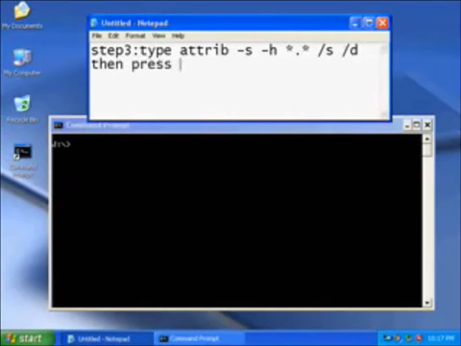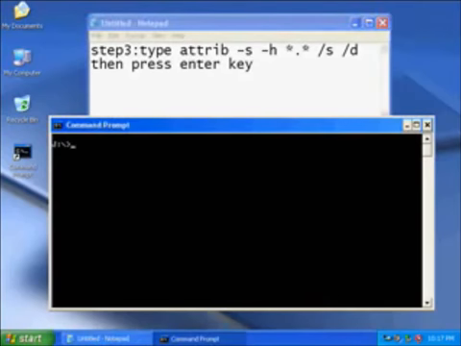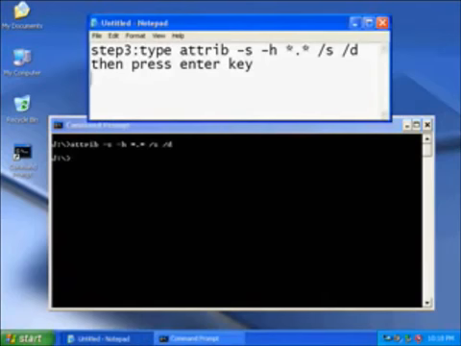By typing the following, this will remove the read-only, archive, system, and hidden file attribute from all the files. Type again dir to check for unusual files.